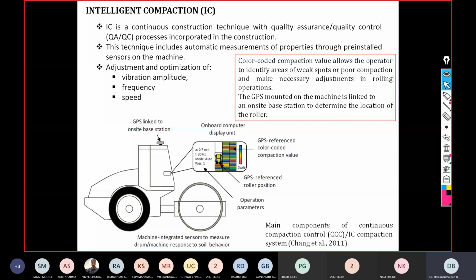It is easy to identify weak spots based on the sensors, which is not possible in the case of conventional compaction. Identify the weak spot and treat it. It is always possible to monitor quality control and quality assurance. And suppose some pockets of soil are over compacted, then we can decrease the passes in those locations and reduce the overall number of passes. However, the limitation is the equipment is more expensive and requires managing and analyzing a significant amount of data.